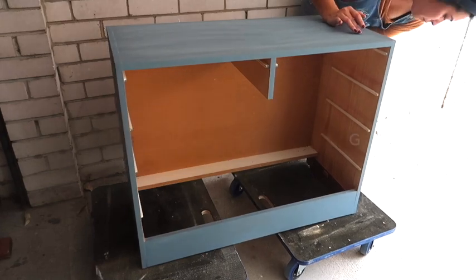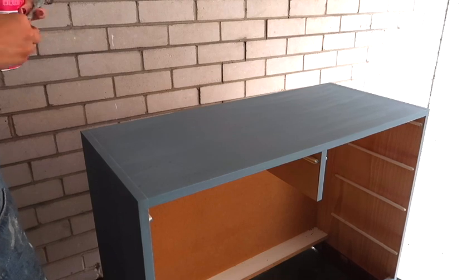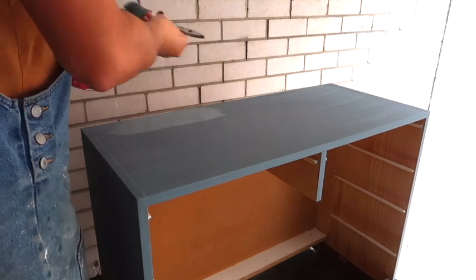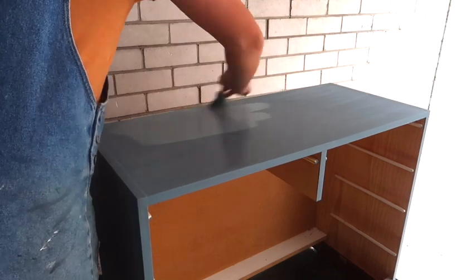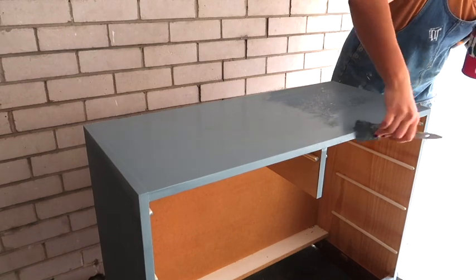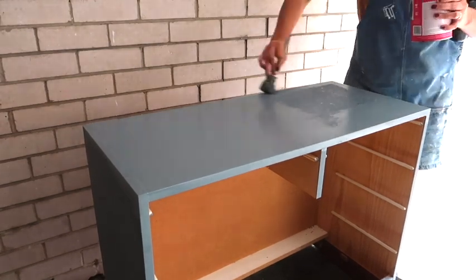Now we're on to the second coat, and here I'm just applying it with a nice thick chalk brush. What I find really useful when I'm doing the second and third coat is to spray a bit of water on top of the surface that I'm painting. This helps the chalk paint spread a bit more smoothly and evenly. Also, painting in small sections bit by bit means you get less strip marks and helps reduce the brush strokes